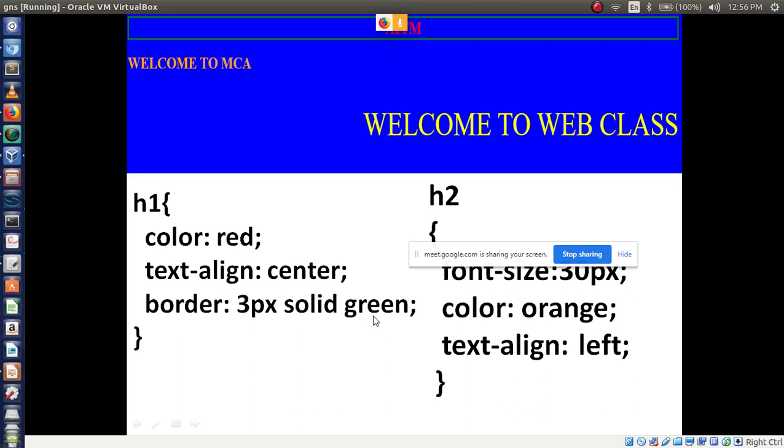Or if you are confused while writing this, you just skip this border 3px solid green, no need to write it compulsorily. Is it clear? Write this h1 in myfile.css. Over this, h1 is over.